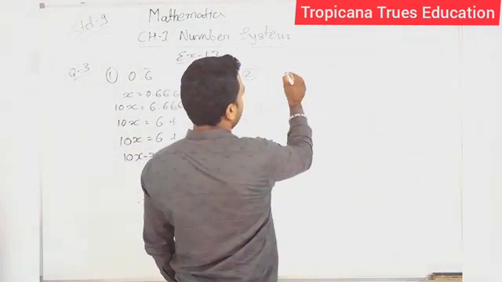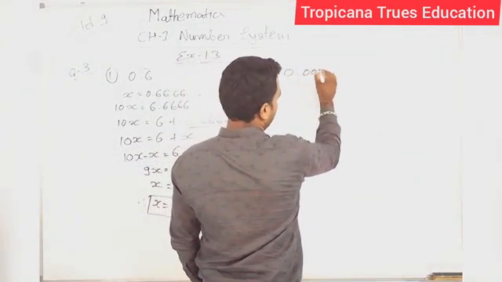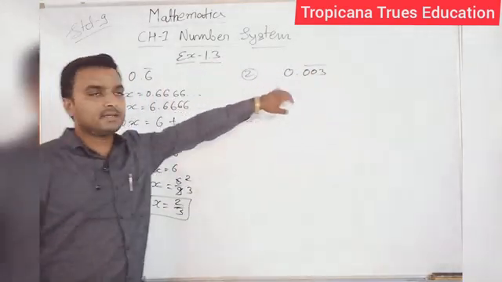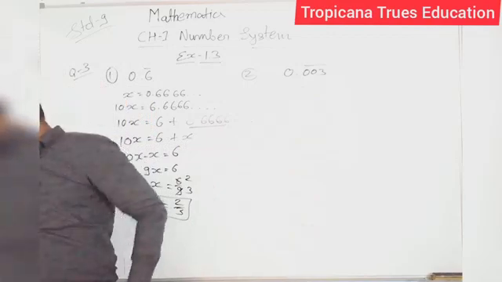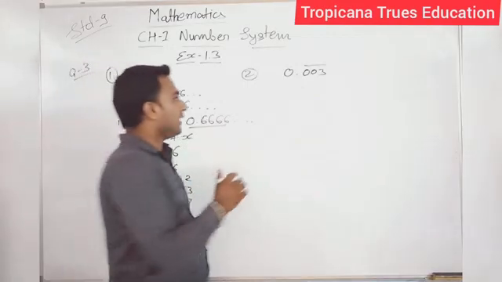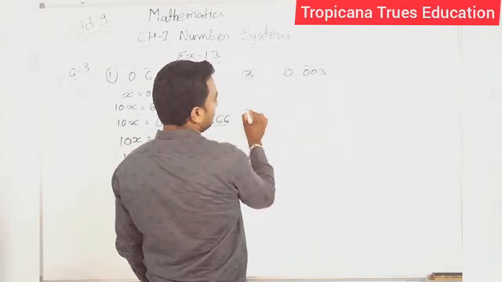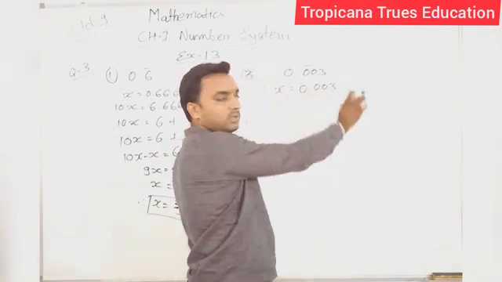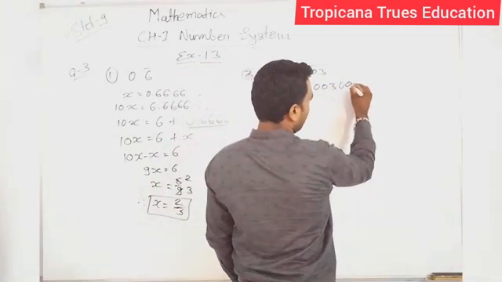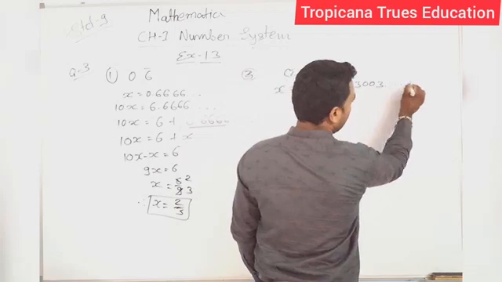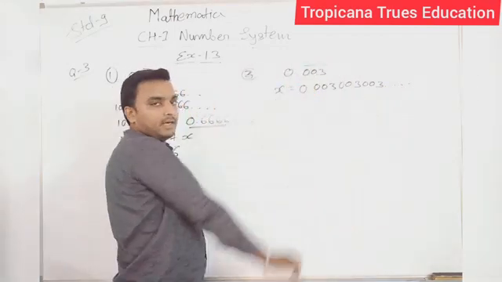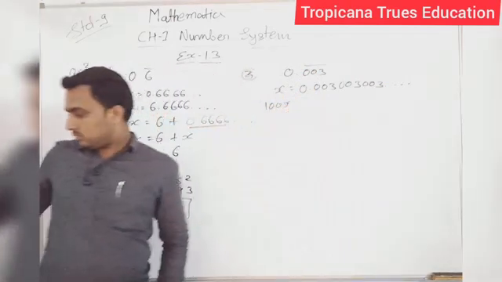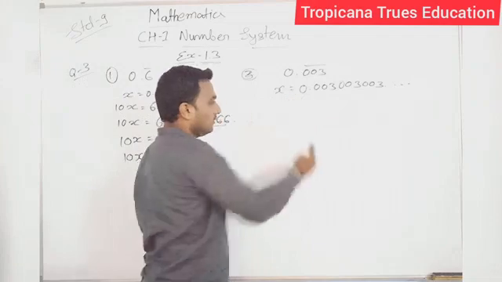0.001. Also I will be taking here 0.003. See here, it is not from your exercise. I will take it randomly. Clear? It is the same as your previous question. Here you have to take 0.003. Here 3 numbers are repeated, so I will write 003, again 003 and so on. Now see, here 3 numbers are repeated, so I will multiply by 1000x. Sorry, it is 1000x, not 100.